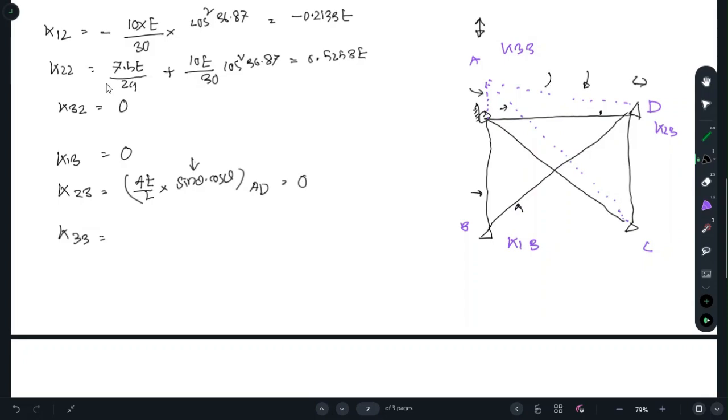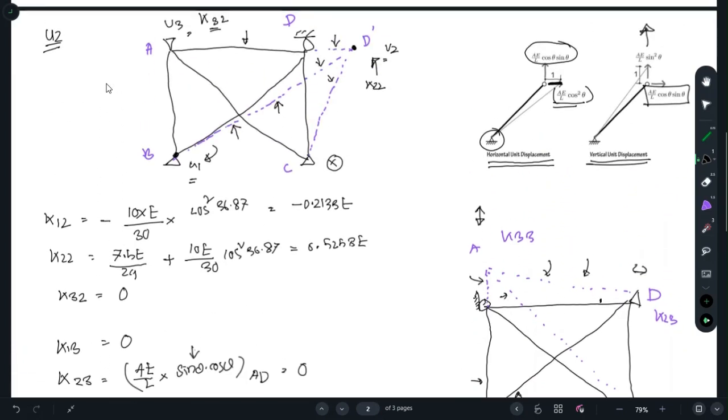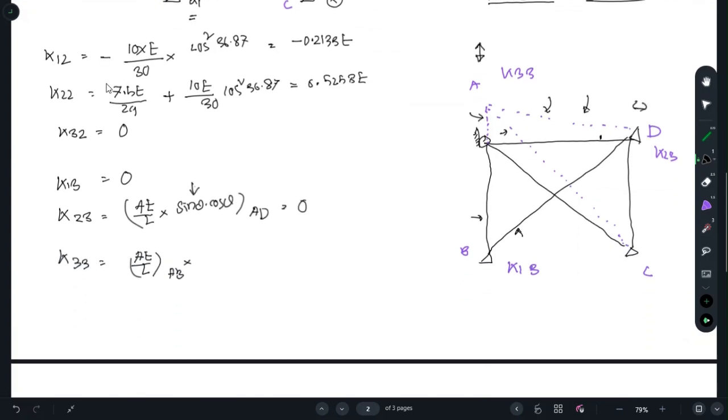One is this, and the other one is this. So three. Let's go one by one. For the AV frame, you have AE over L. Since you are finding vertical displacement, for the vertical component you have a formula that is A E over L sine squared theta. For AV it would be sine